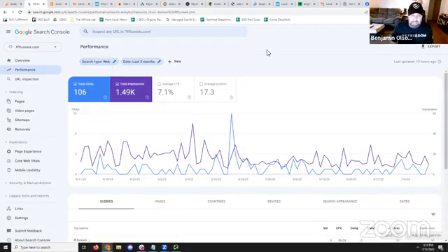We can drill it down by time. We can do comparisons, look at month over month, year over year, items like this. What I can tell from this site right now, average click-through rate, 7.1%. That's healthy. That's kind of what we want to see. I try to shoot for 8 or more, but this is actually pretty good. Once it starts getting down, that gives me a clue that I need to go in and potentially optimize my titles or my descriptions and try to elicit people to click on my result